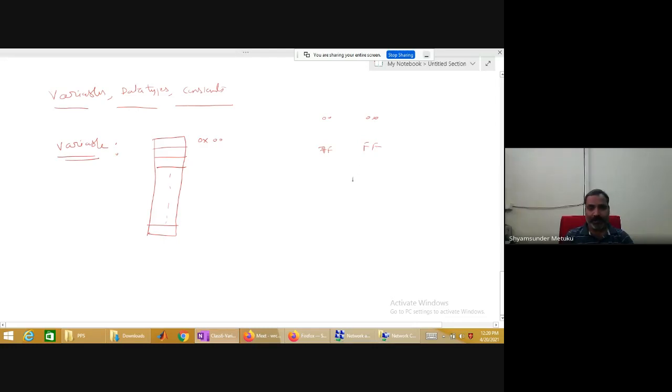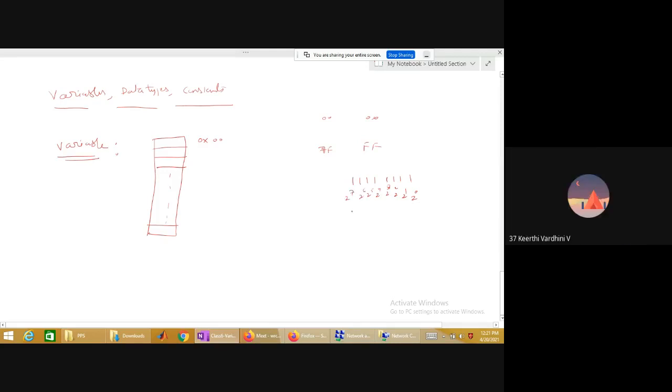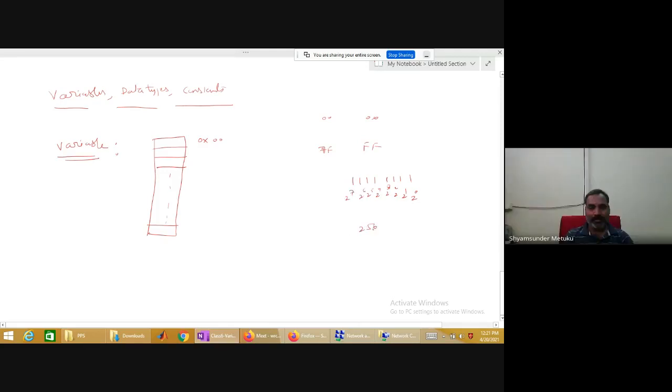It's very simple. FF means eight ones. Find its corresponding decimal value. What is the value you'll get? 256. Very good. 2 power 8 is 256. So the total is 0xFF. If I'm using two digits, 00 to FF. The only thing is that 0x indicates hexadecimal representation. Try to remember that.